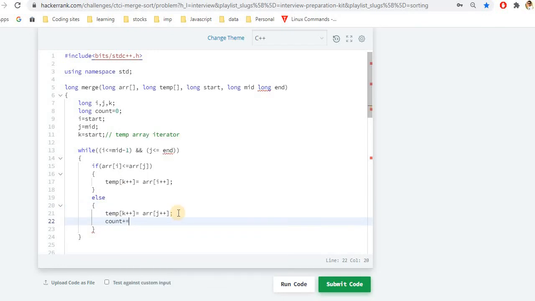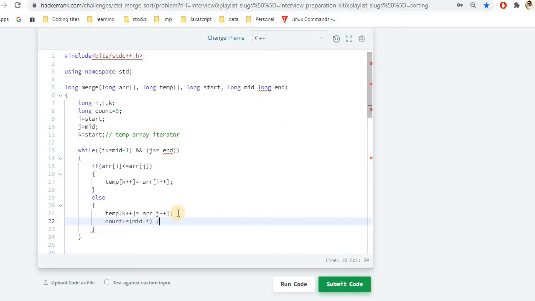So here basically inversion will be: the index at middle is present as of now, and the value that is of left, if the middle is greater, we need to do the swap, and the number of elements between them is the count of inversion. So this will be basically mid minus i.